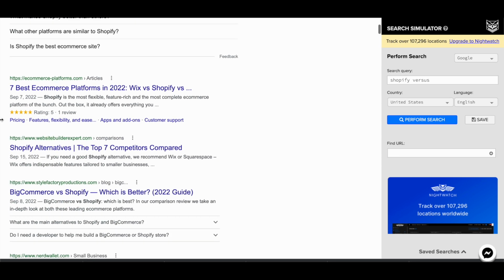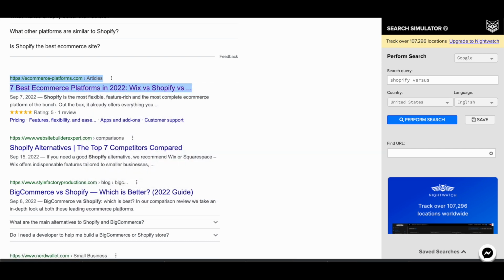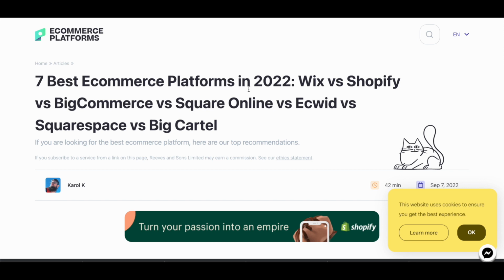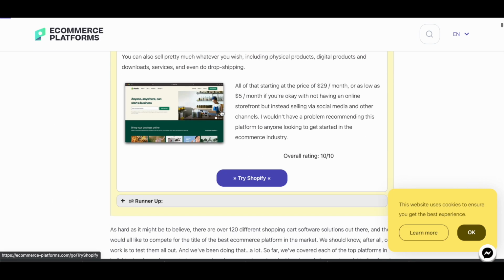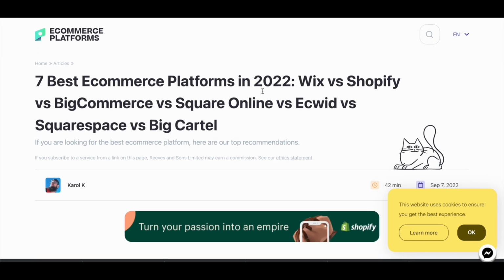The second one is e-commerce platform. This is an article, and this is another example of brand jacking. Let's go ahead and open this up real quick, and it says 7 best e-commerce platforms in 2022: Wix versus Shopify versus BigCommerce versus Square Online versus EasyWid versus Squarespace versus Big Cartel. And this is a perfect example of a brand jacked article. So not only is this website brand jacking